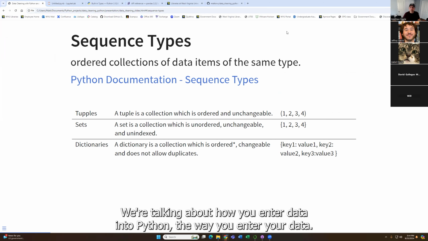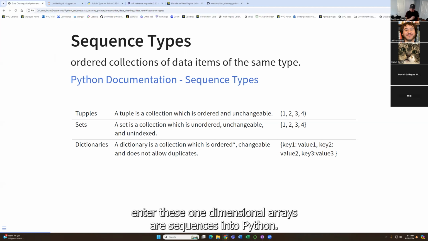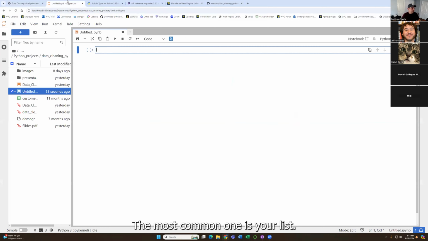So we're going to start today with talking about how you enter data into Python. The way you enter data in usually is through a one-dimensional array. There are different ways that you can enter these one-dimensional arrays or sequences into Python. The most common one is your list. So if I create a new variable and I call it example list, you can enter a list using the brackets. And then anything in the list, you'll separate